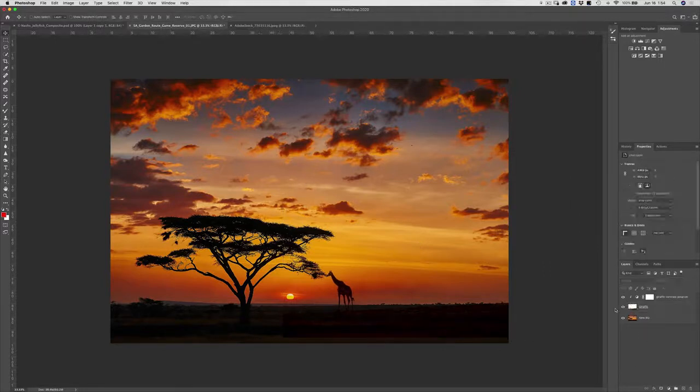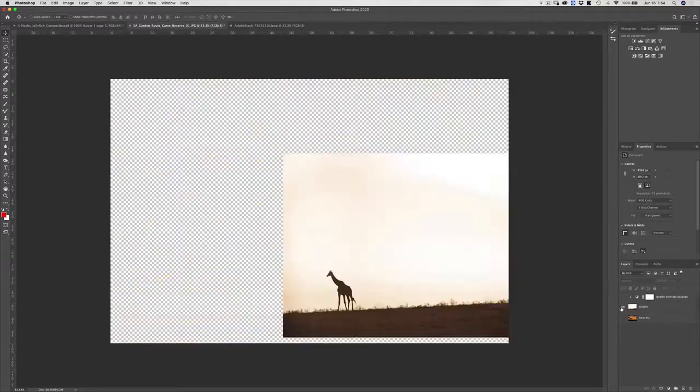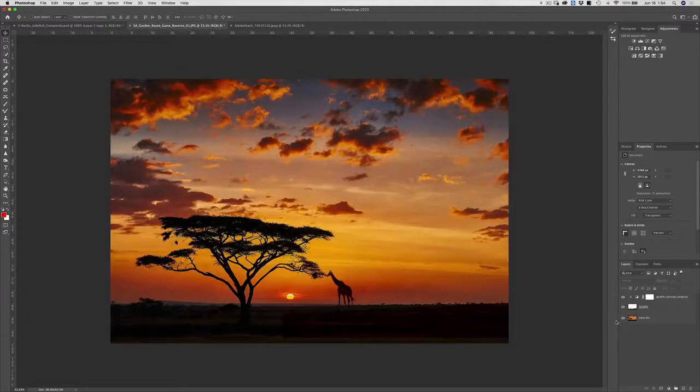All right, guys, so we went from this image to this image. Okay, guys, so there's your image of your giraffe. It's definitely significantly improved thanks to the stock image. And I'm not a purist, I'm not a photojournalist, so thankfully I do not have to worry about adding extreme elements into my images, but I just wanted to show you that this is an option.